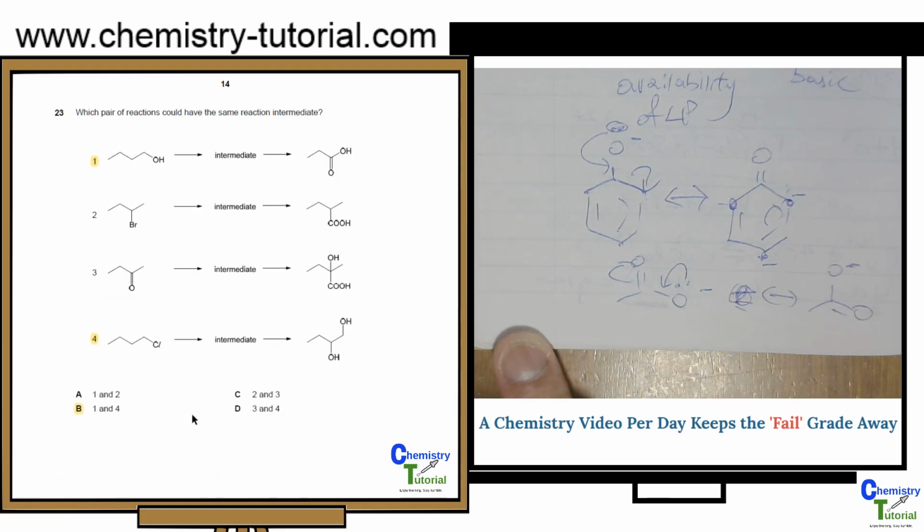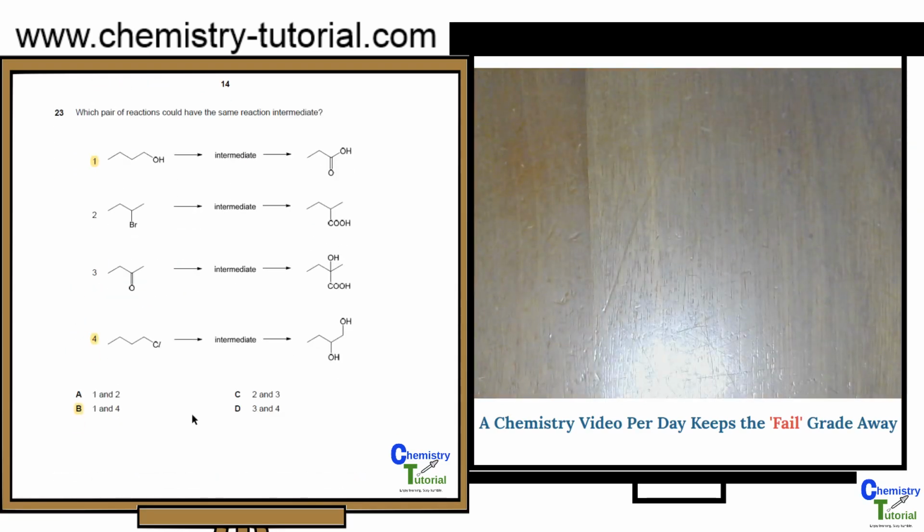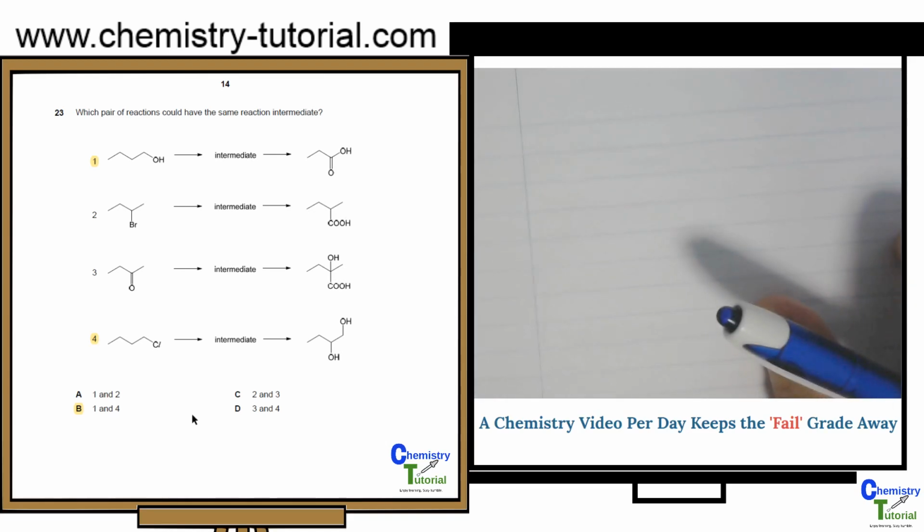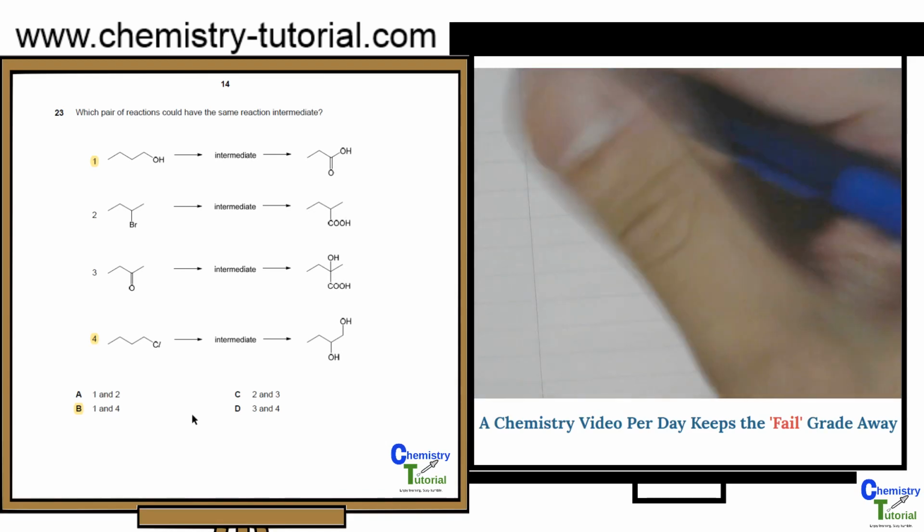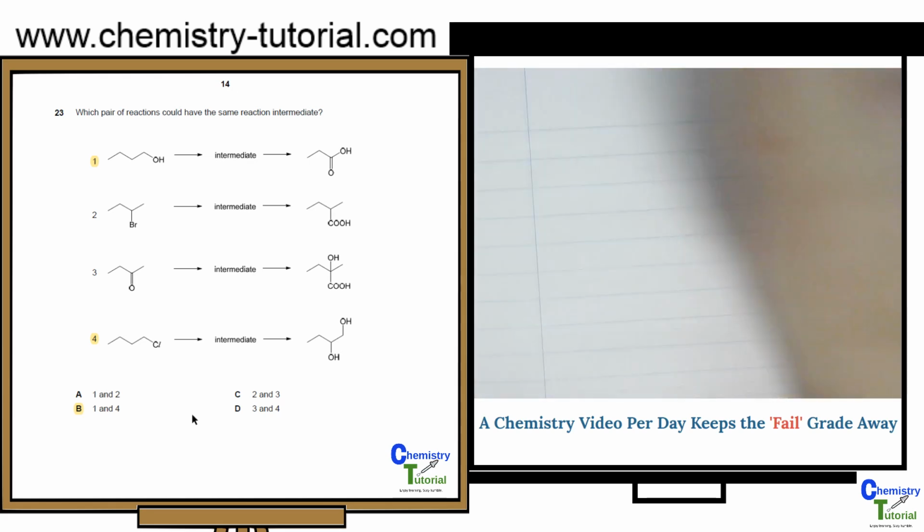Let's look at question 23. Which pair of reactions could have the same reaction intermediate? For question 23, I always ask my students to start off by counting the number of carbon atoms. So you have 1, 2, 3, 4, 1, 2, 3. Notice that the number of carbons has decreased by 1, which suggests that possibly there could be a triiodomethane test because CHI3 is generated. Or it could be a step down reaction, or an oxidative cleavage reaction, whereby you cleave the C=C double